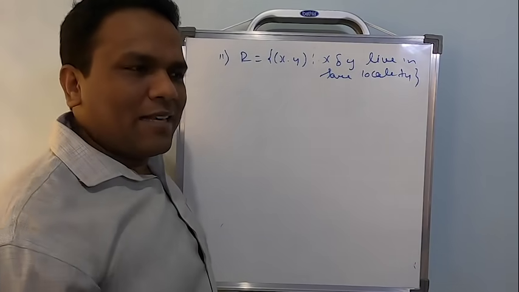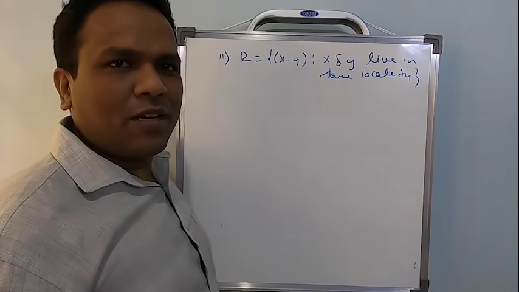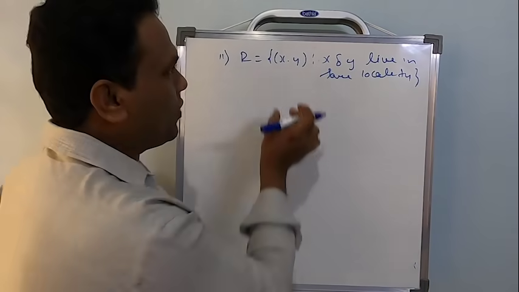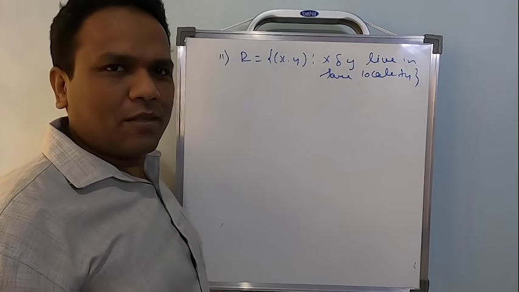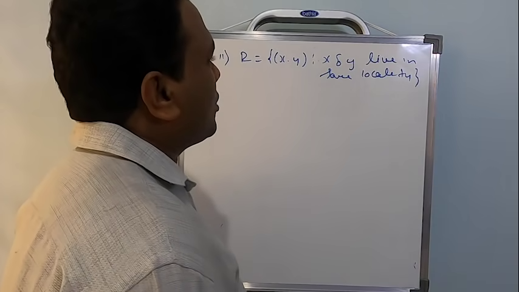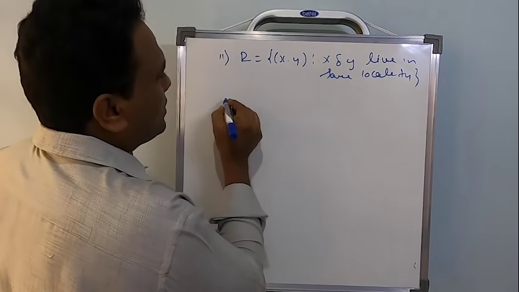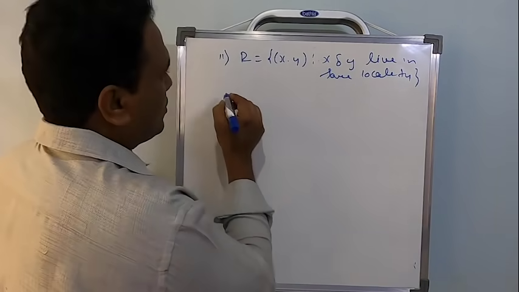So I stay in Malleshwaram. If one of my friends stays in Malleshwaram, then me and my friend will become one ordered pair for the relation. Locality should be the same. That's how it should be considered. Okay, fine. Now, the next thing, let us start with the statement based on this.